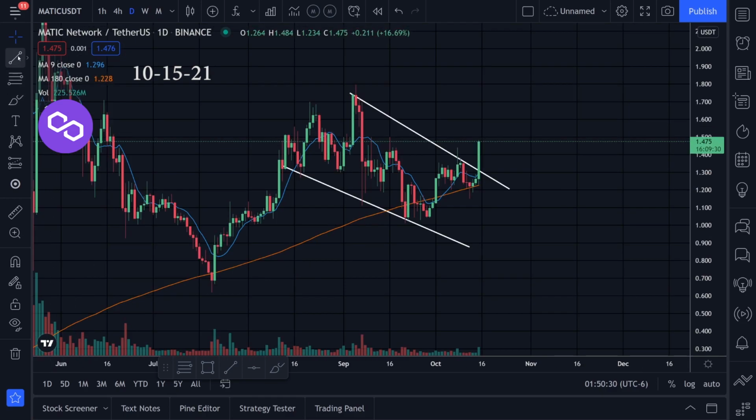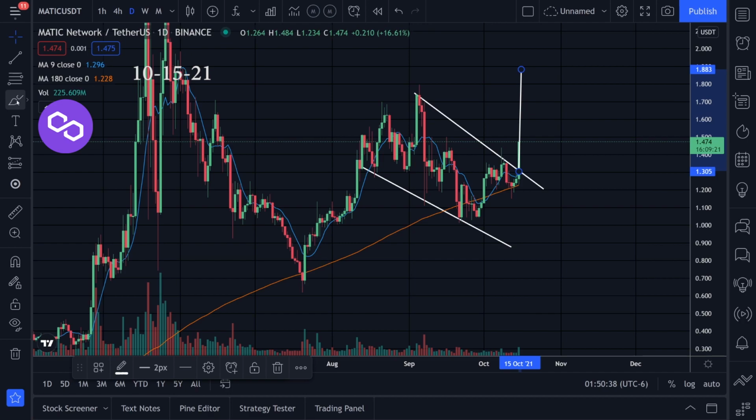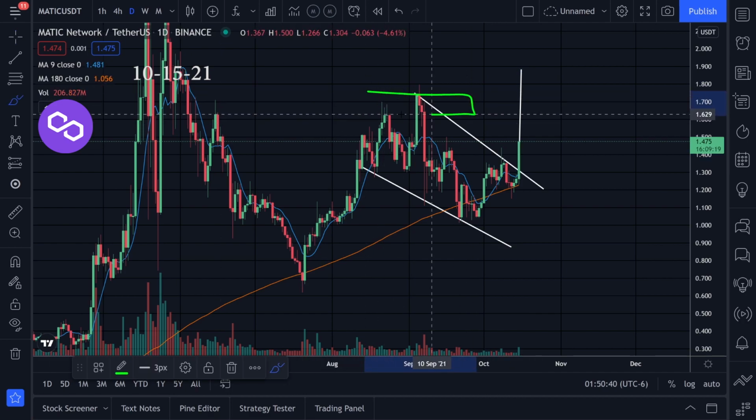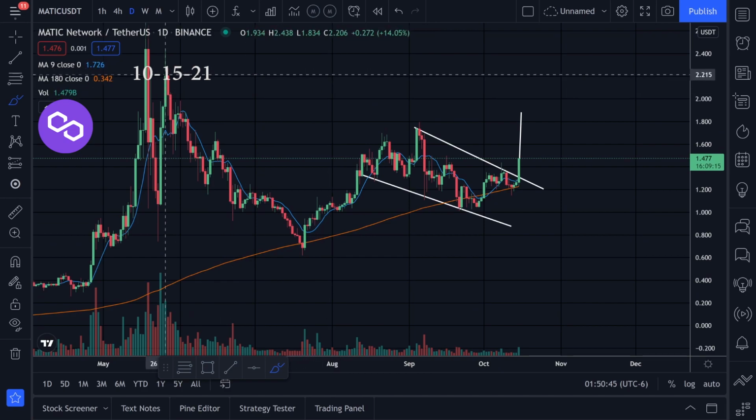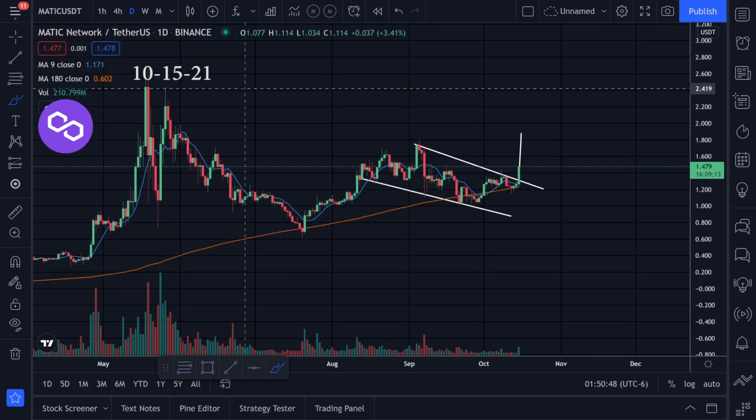So what I would do is target from the top to the bottom of this channel, something like that, drag that to the breakout, and I'm looking at a target of approximately 1.883. I think if we could break out of this level right here, this little resistance area, we'll be heading to the next one, which could be around maybe 2.215, or possibly this previous top, which is around